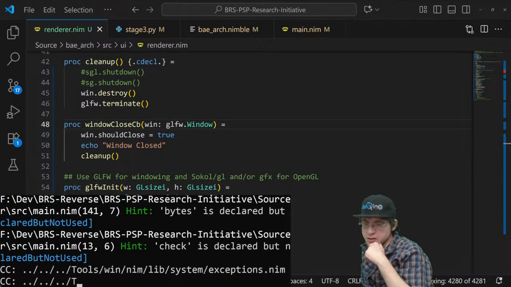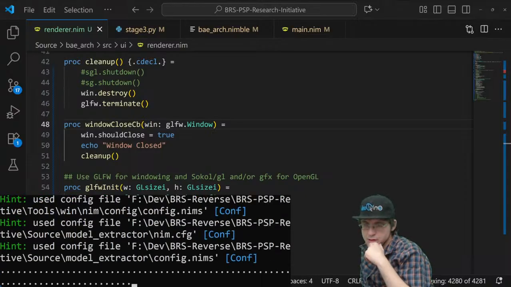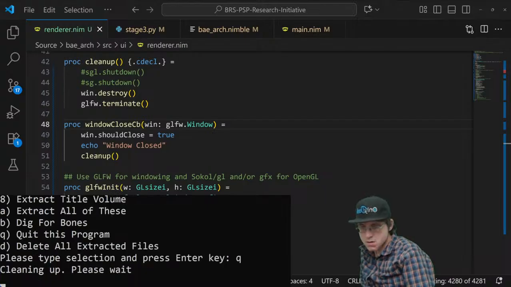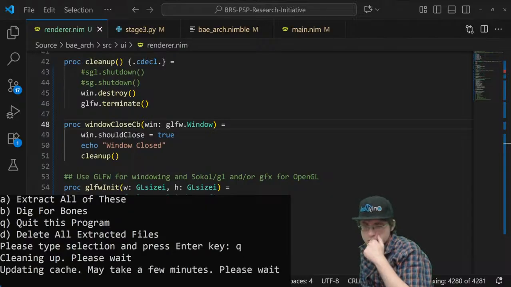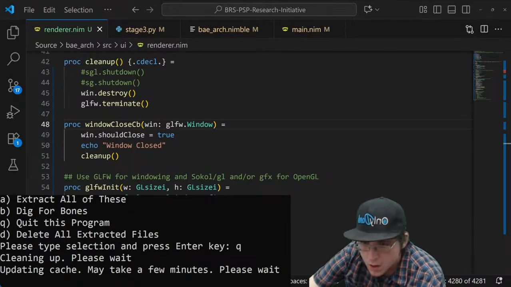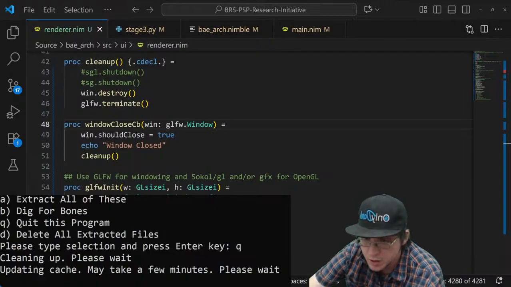There we go, it's building fine now. Okay, loaded. It is having some problems right now.